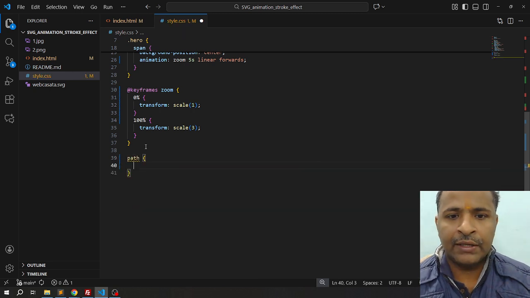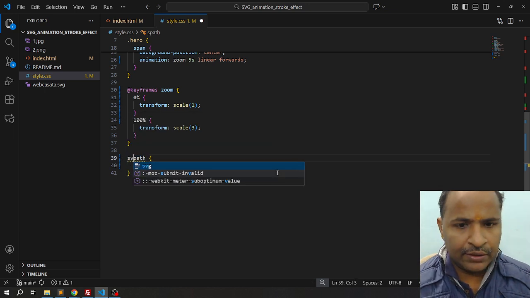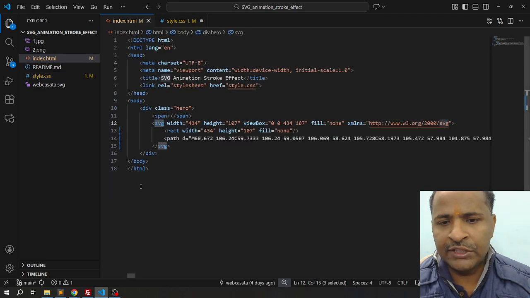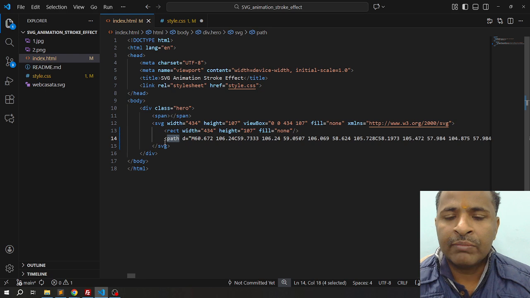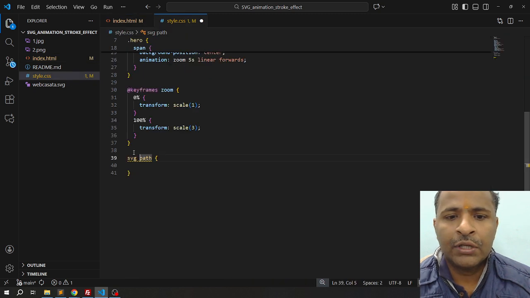So we can directly write path, or we can write SVG path, because here we have SVG also. So we can write CSS for SVG also, we can write CSS for path also. Here, we need to write for path, as we are going to work on this section. So what we are going to do is,